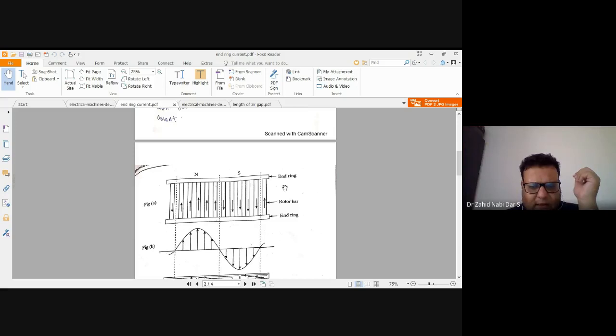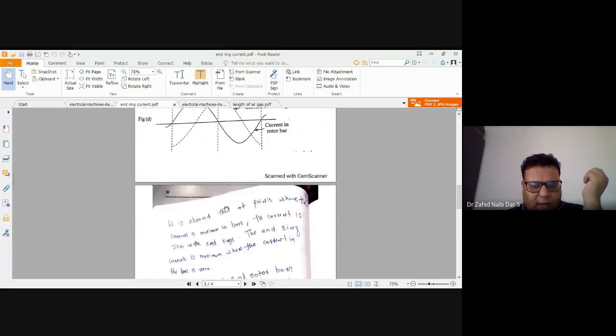This rotor arrangement, including the shaft, is placed inside the stator arrangement. That is basically the principle of an induction machine, wherein you give supply to the stator winding. Once you give supply to the stator winding, a flux is developed due to the voltage you have given, and the flux depends upon the voltage. Because of that flux, it in turn induces current, and that causes relative motion between the rotor and stator, which results in motion of the induction machine. So now we are interested in how to calculate this.